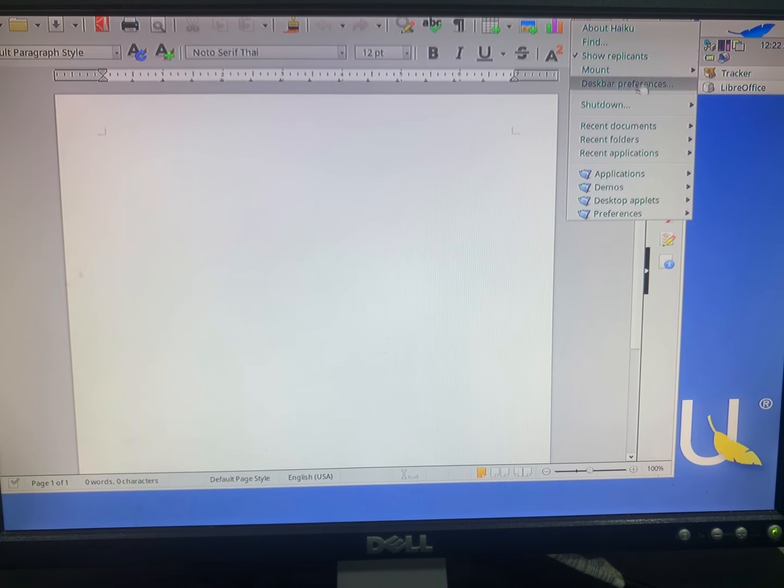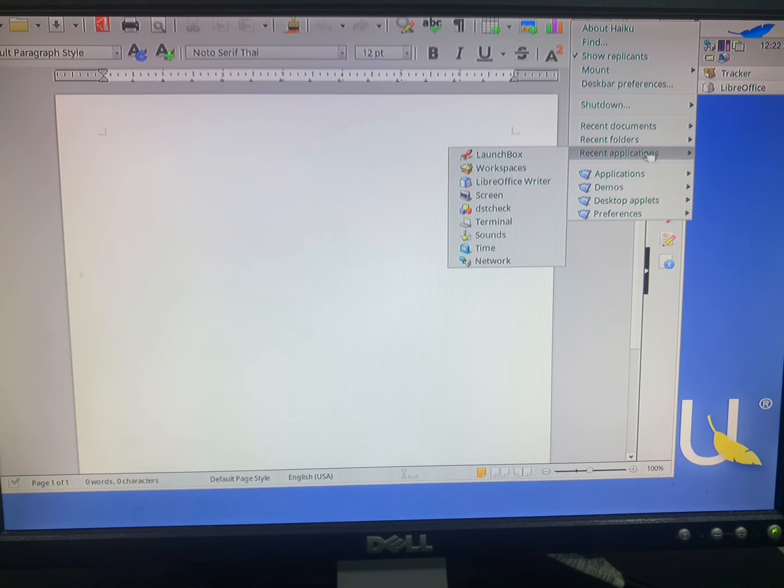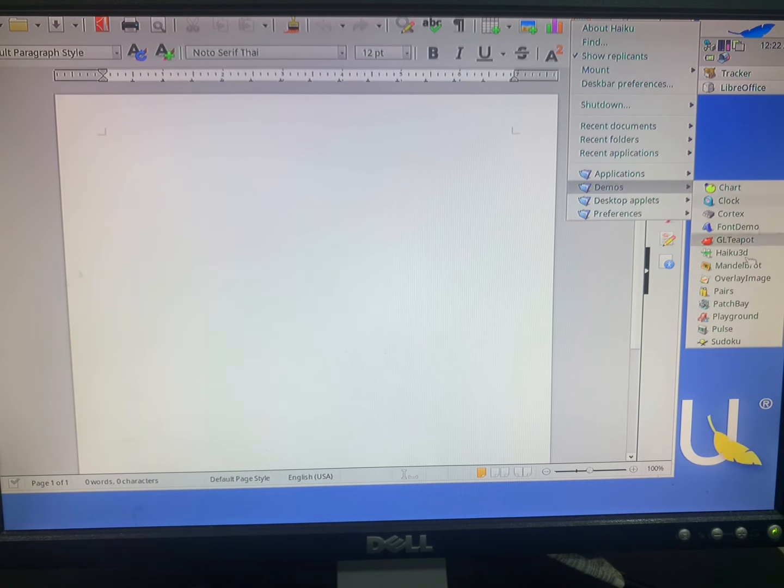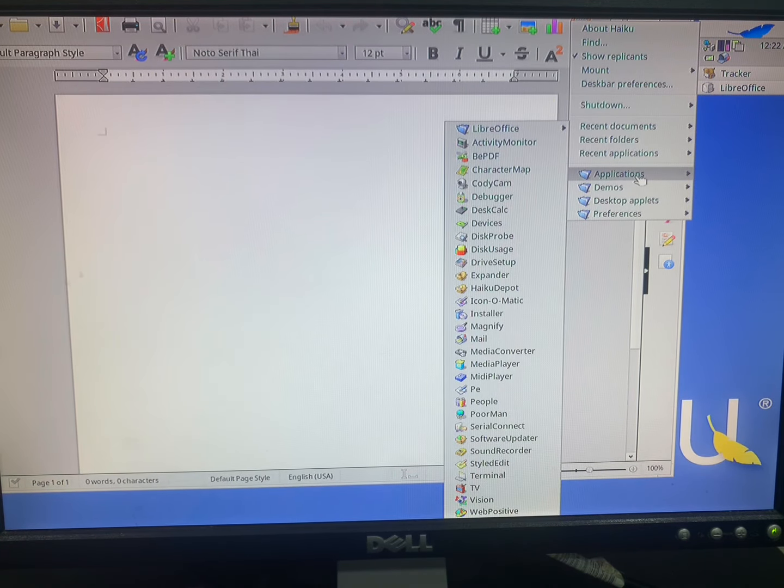Yeah, that's pretty much it. The rest of it you have to go exploring by yourself, and they have some demos to show the capabilities of this on all hardware. And you have the